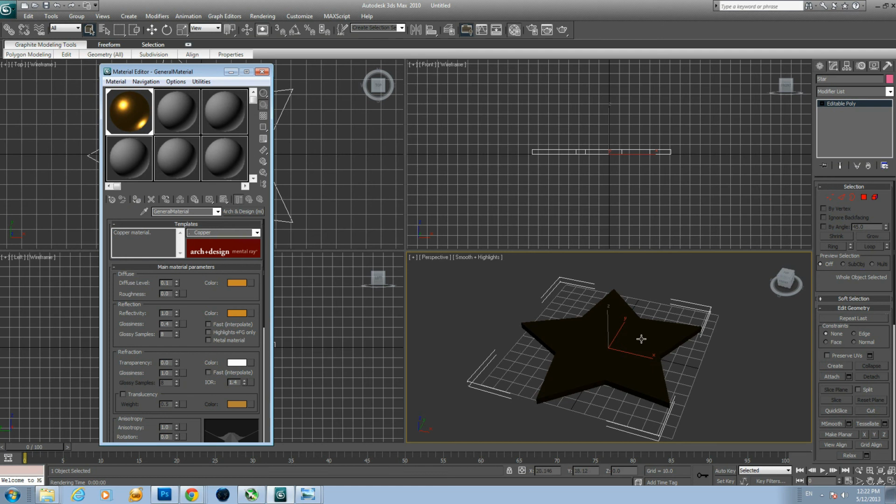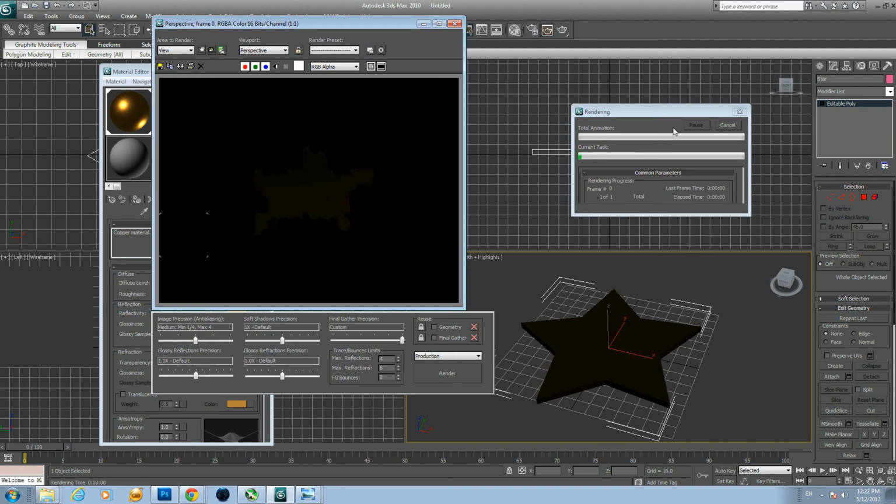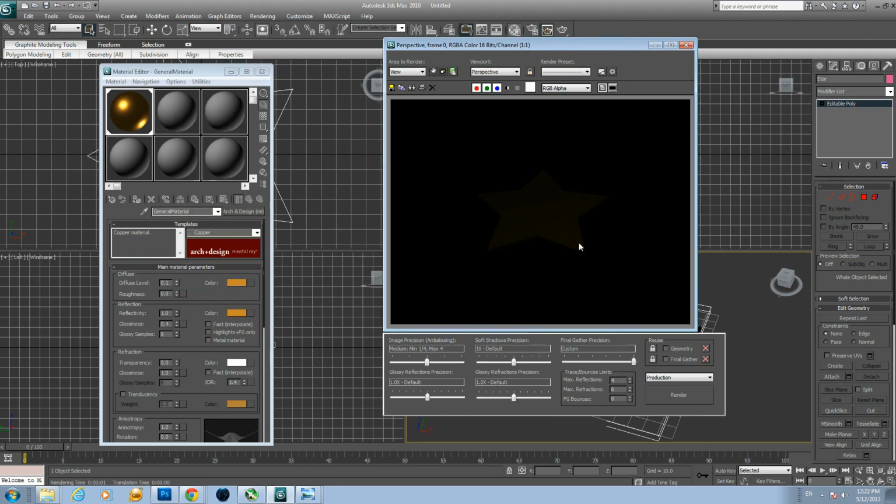Let's go ahead and click rendering, and you can use the short keys, but I don't want to use the short keys because this is a complete video tutorial for the beginners. Click render, and you can see it's kind of dark and it doesn't look like gold, because this has some shiny parts on it and ours doesn't. Why doesn't it? Because right now it doesn't have any light